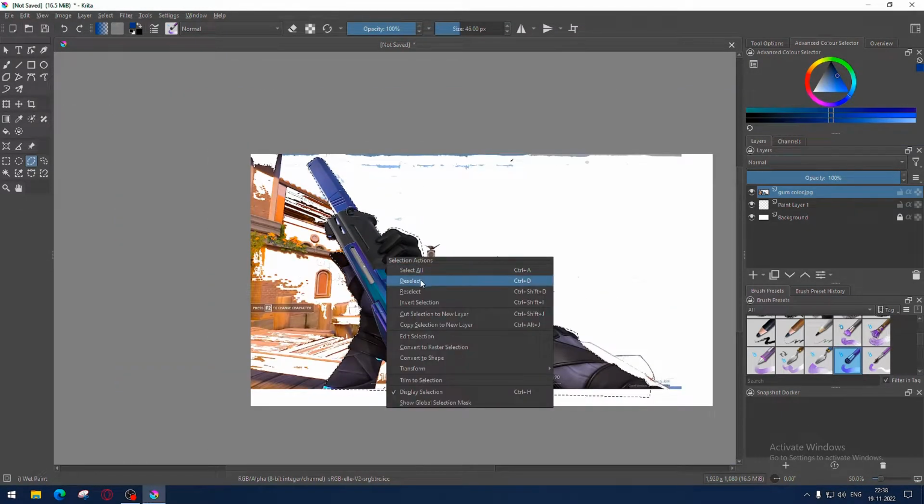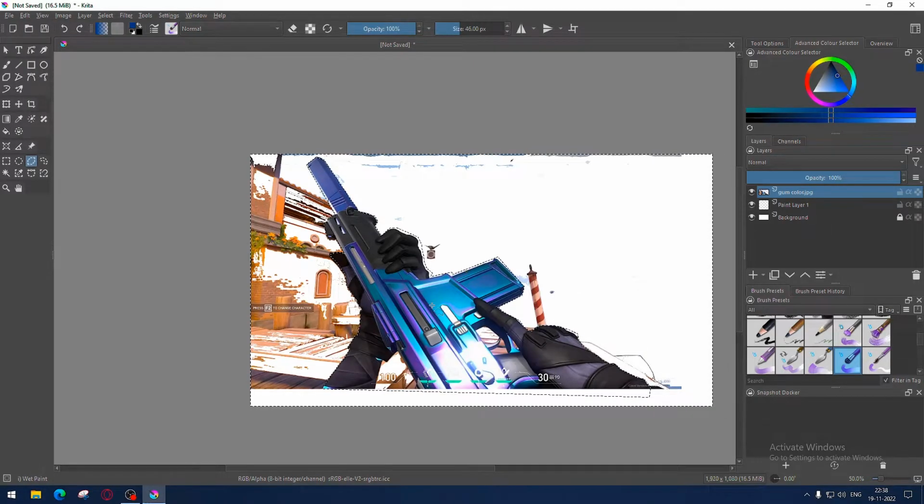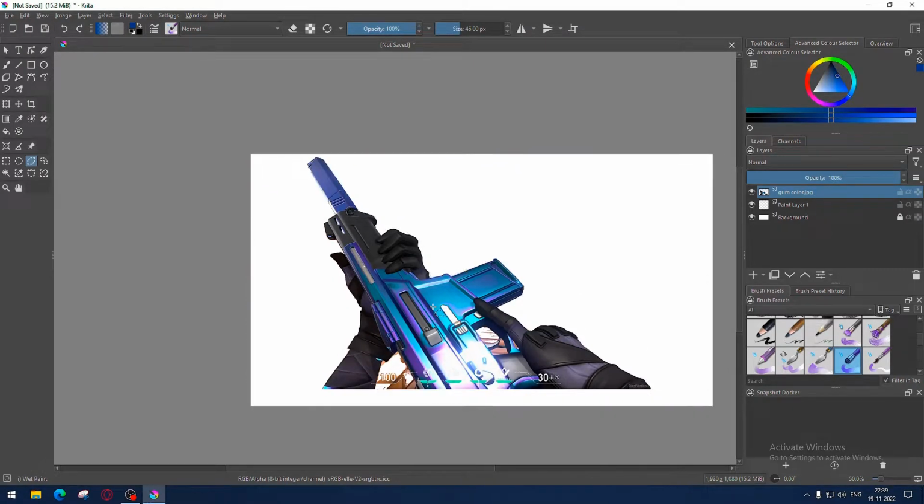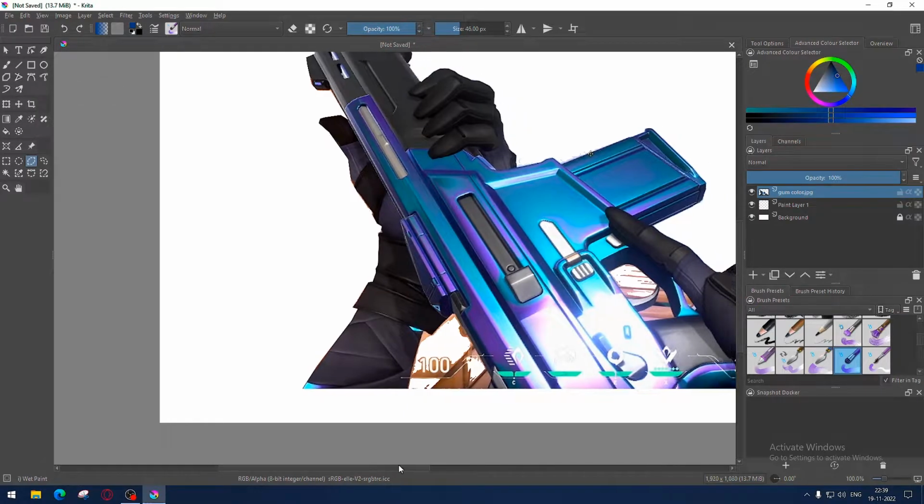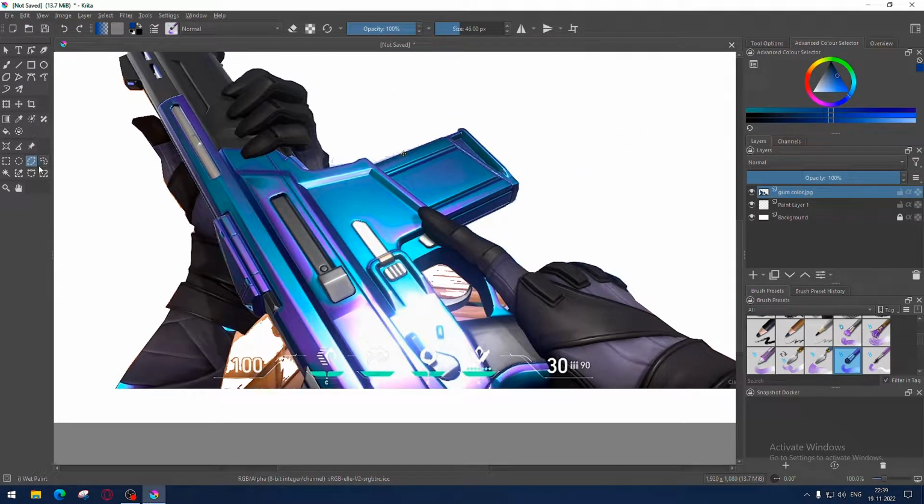Then right-click and click on Invert Selection. Press Delete. Now click Bezier Curve tool and select rest of the parts and press Delete.